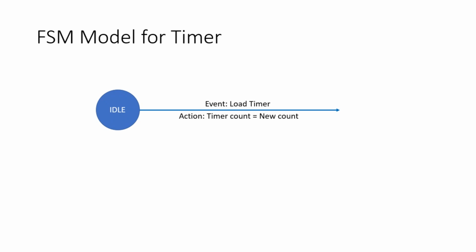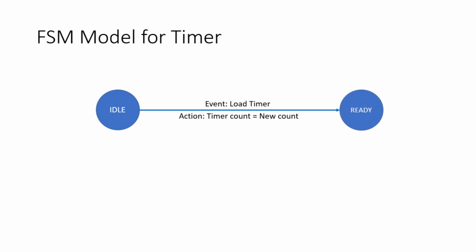Based on the frequency of the timer, which clock drives the timer, based on that I have to decide the value which has to be fed into the timer, so that I'll get 10 seconds of delay, the 10 seconds of counting. We'll not go very deep into it. Those who have learned assembly programming will know how to load a timer, or you can search in Google to find out how to load a timer to get 10 seconds of delay. It depends upon the clocking speed of the processor basically. So the event is load timer, and the action is that the timer count will be the new count. Then I am going to get into a new state.